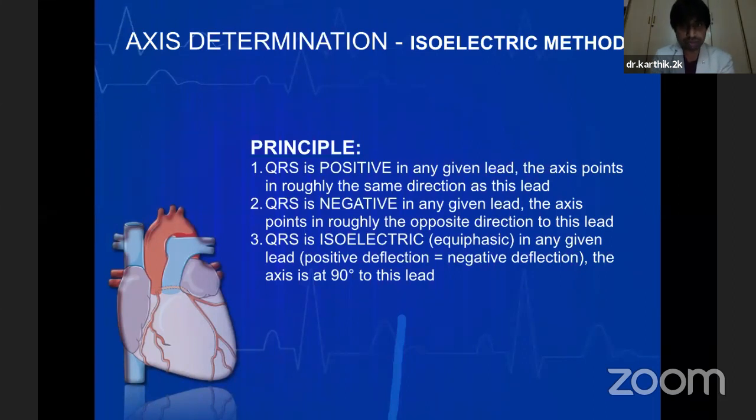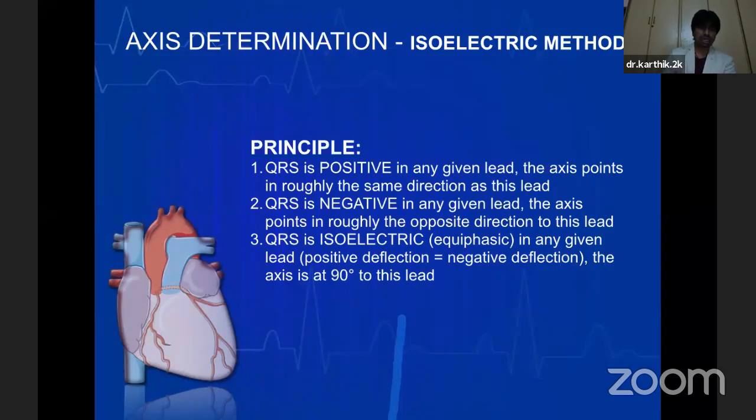Sometimes, to cut short the method, you can group these leads as the left axis leads, which are 1 and AVL, and the right axis leads, which are 2, 3 and AVF. Among these two groups, we try to determine which lead has the most positive QRS complex, where the R wave is the tallest. That is where the whole electrical force is moving towards, and that is the natural electrical axis of the heart. That is a rough estimate. So in an emergency situation, when you need to determine the axis of the heart, you may not have to waste time